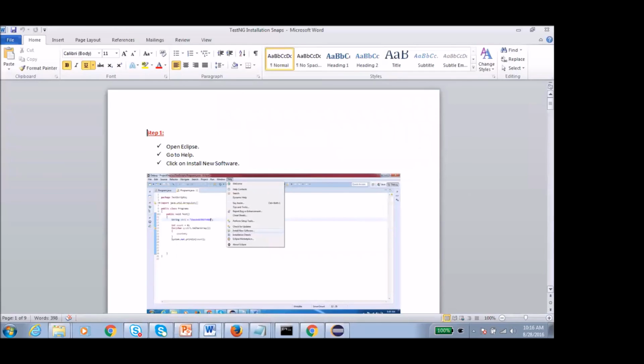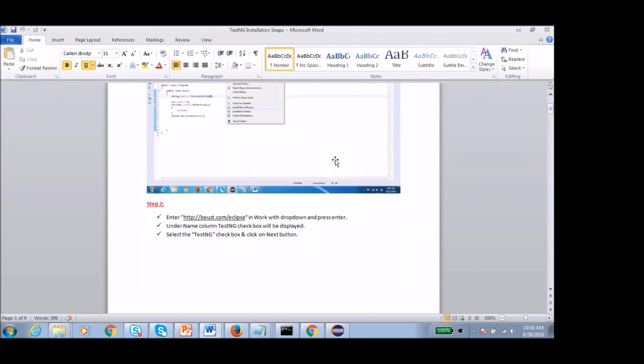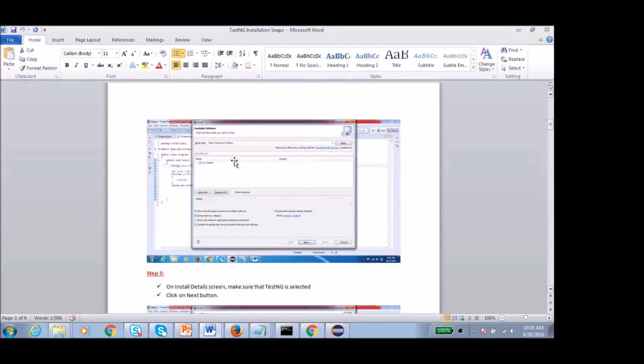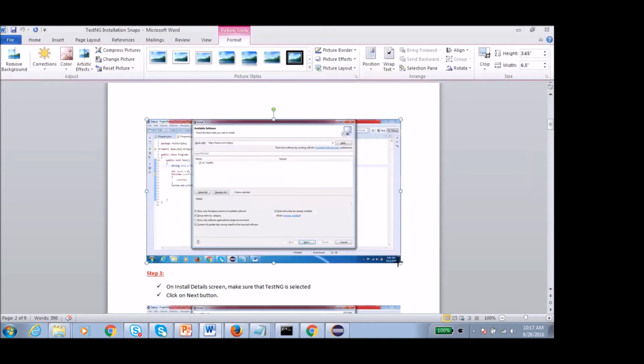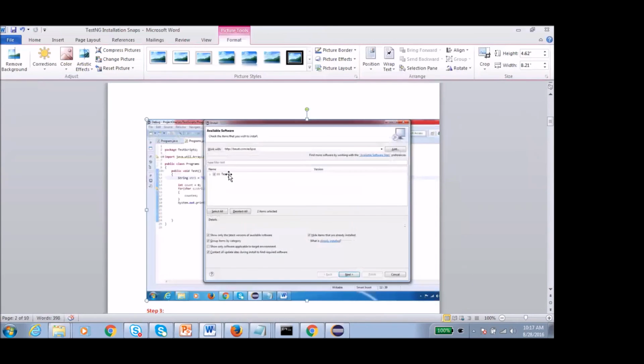This is the first snap which we have taken. Write this URL into the Work with drop-down and press enter. Under the Name column, the TestNG checkbox will be displayed. This window will pop up; just check that checkbox and click on next.